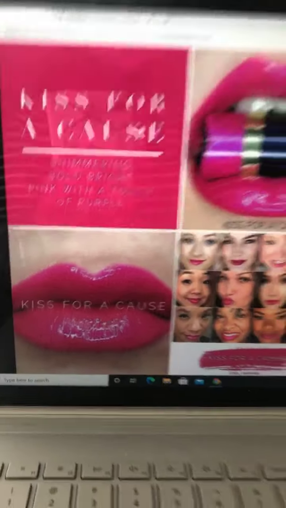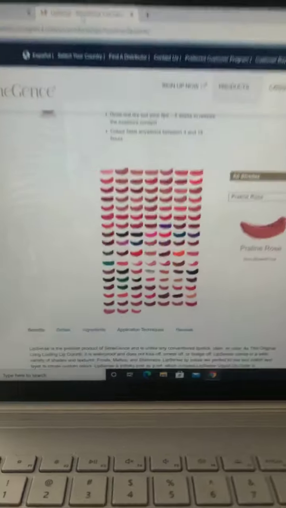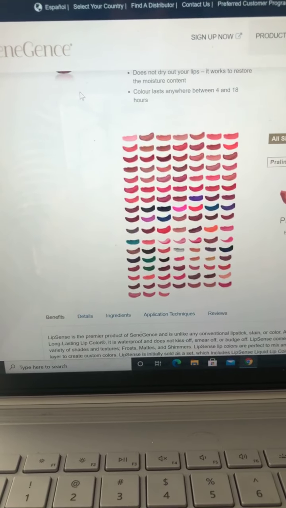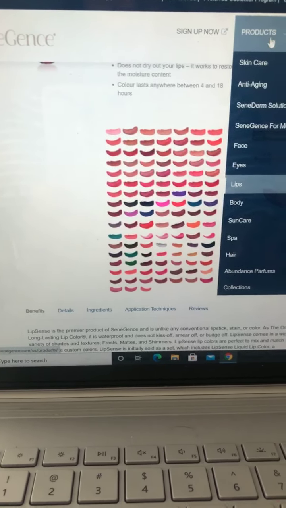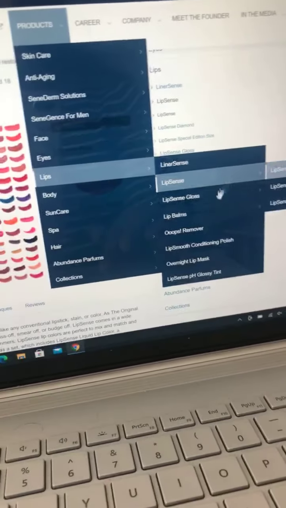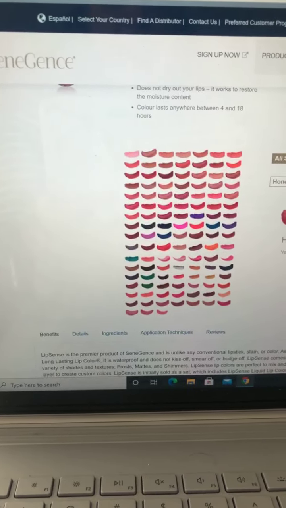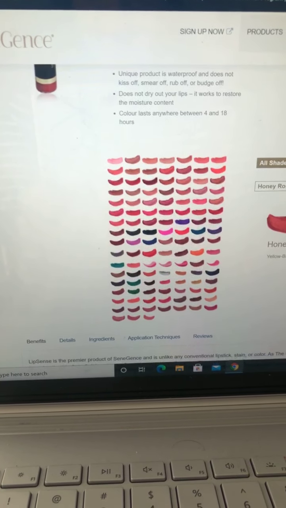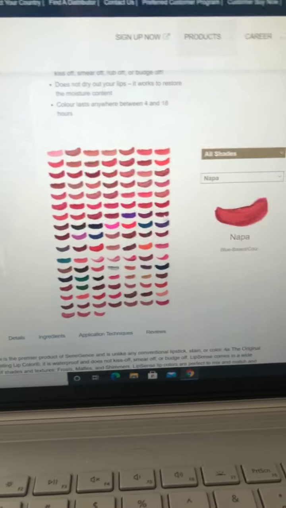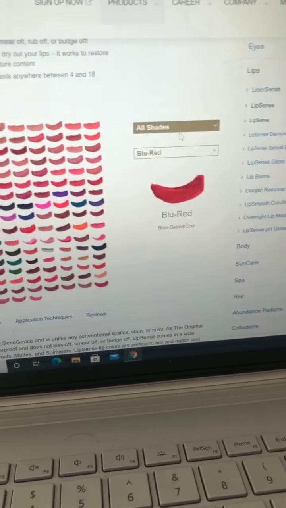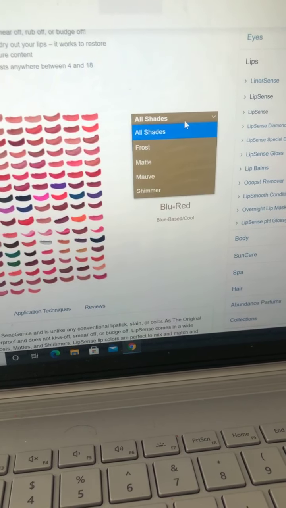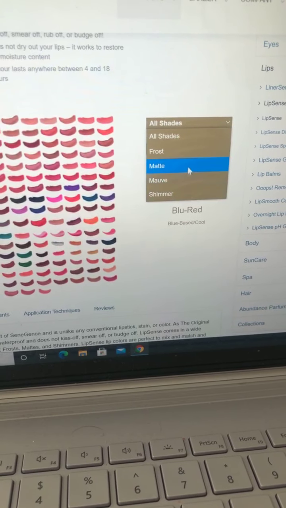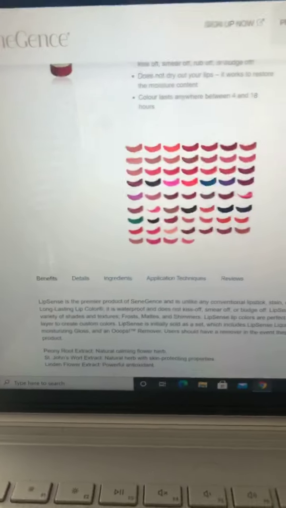Similarly, if you go to Senegen's website, under products, once you log in, under products and lips, you select lips and colors and it will bring you here. Do you see? The website will have these, and here, from the drop down, you will be able to pick what matte shades are currently available.